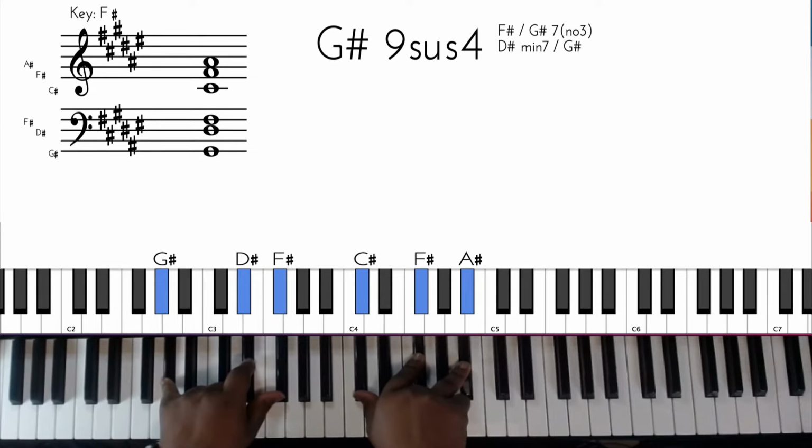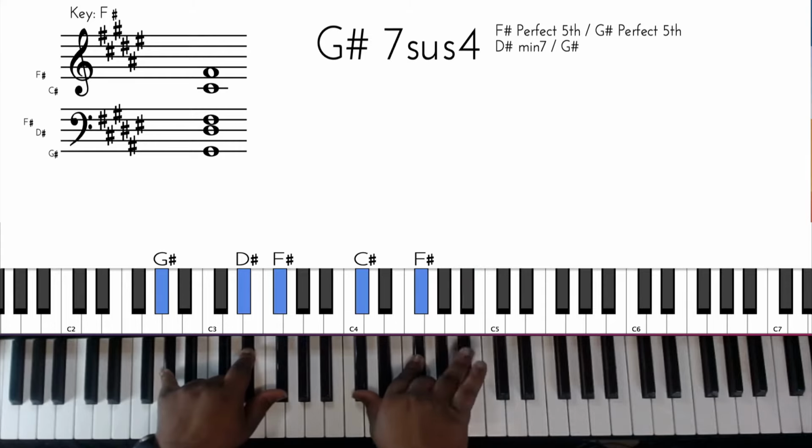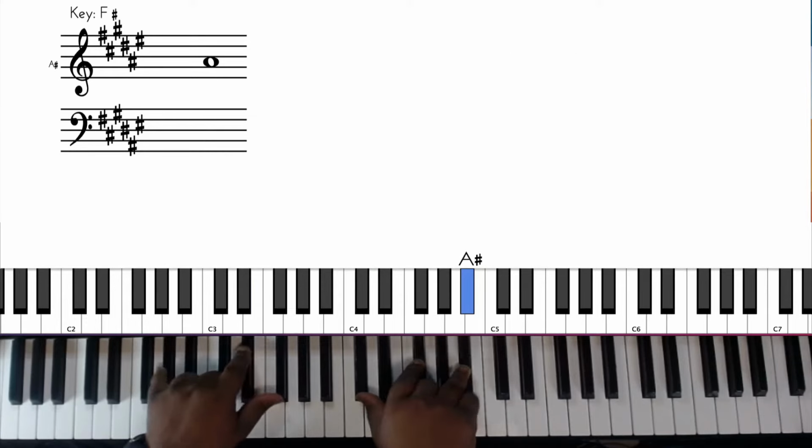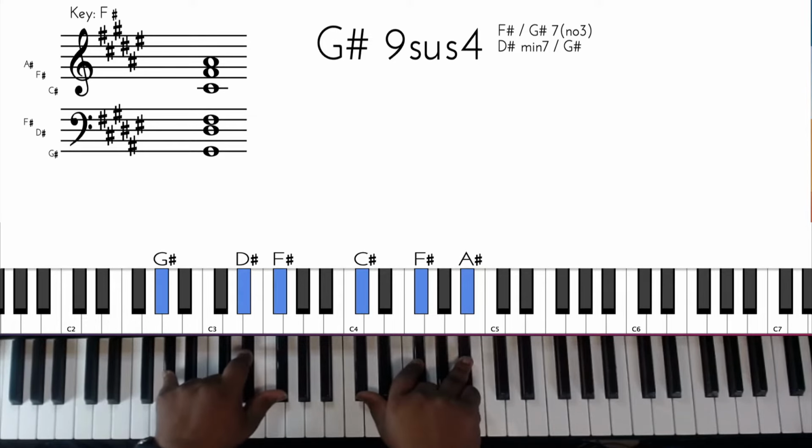So the first chord is gonna be this: G sharp 9 sus 4. So you got G sharp, D sharp, F sharp, C sharp, F sharp, and A sharp. If you don't understand the notes, that's why I have this MIDI keyboard, so you can just match your fingers with the notes. Don't worry about it. Just match your fingers with the notes on the screen that light up. Okay, all right. So first chord, second chord is going to be